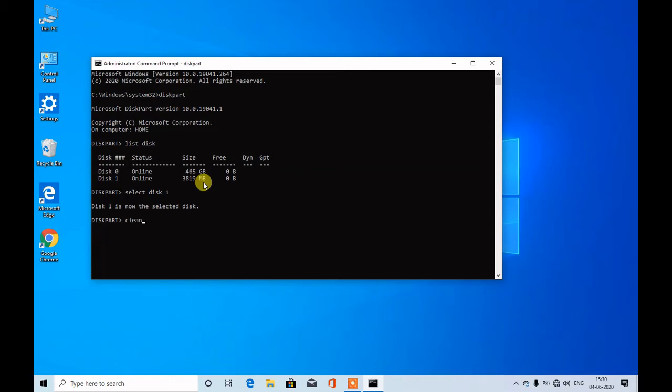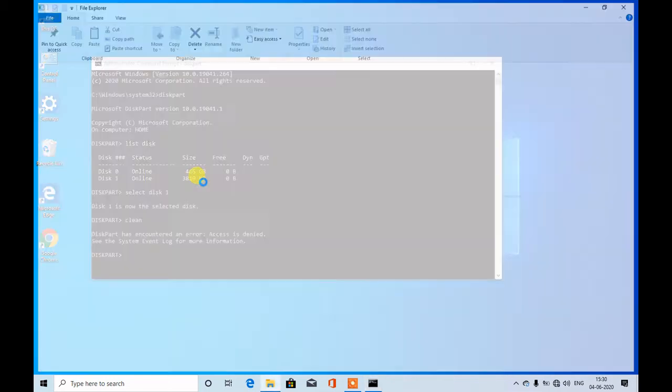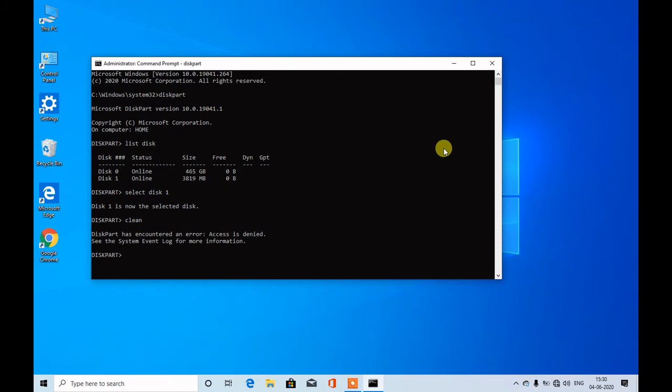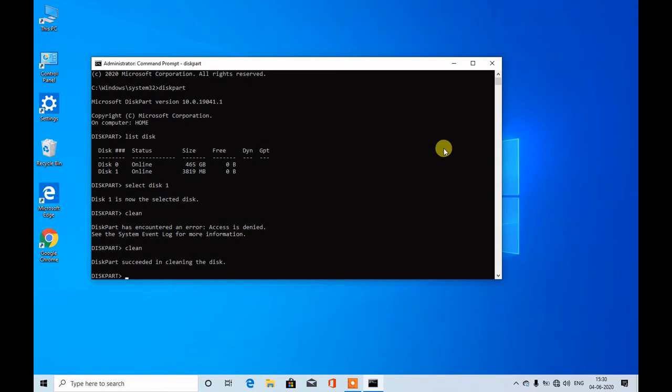CLEAN. Clean. Now, sorry, some problem has arisen. Here the disk is cleaned, and that was due to some error.